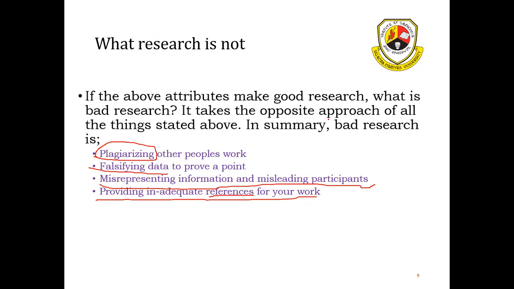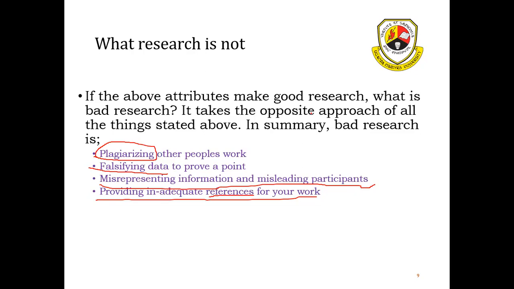Someone asked, how do I know a reference is inadequate? Number one, your research needs to be up to date. We are now in 2022. If you're quoting research done in 1982 for something that is very recent, then your research is severely inadequate.